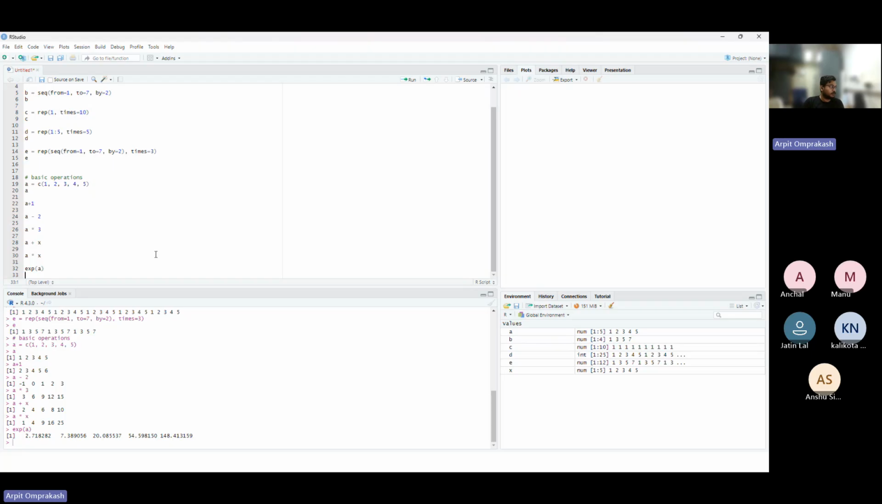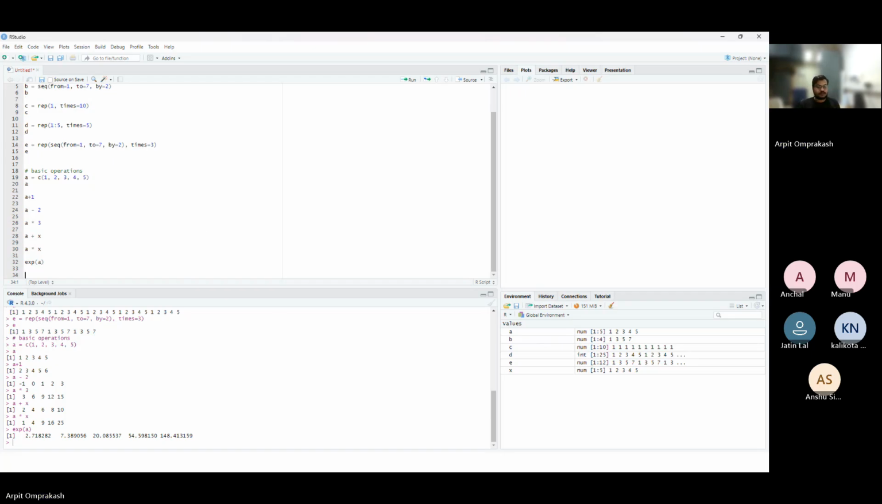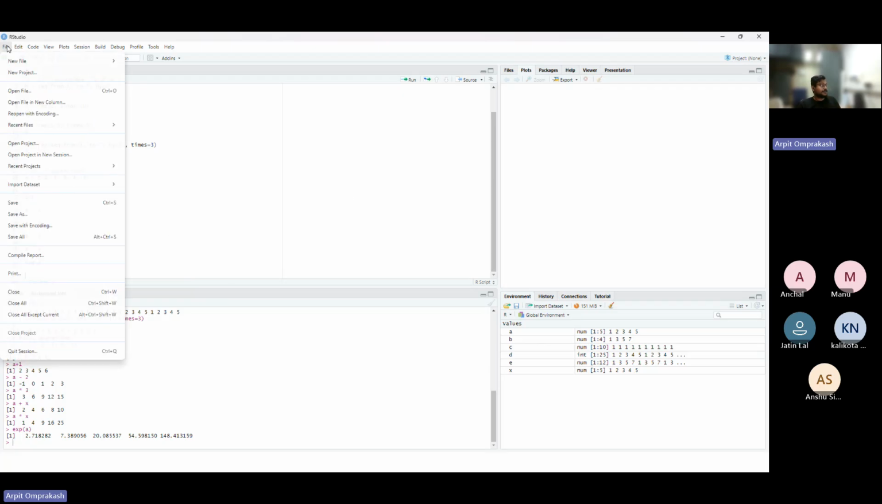It's basically e to the power 8. So e to the power 1, e to the power 2, 3, 4, 5, and so on. So it does, again, element-wise, the addition. Now, if you want to read a file, what you can do in RStudio is